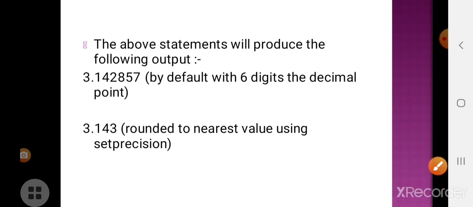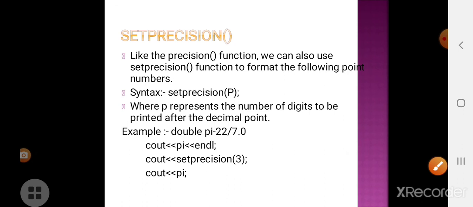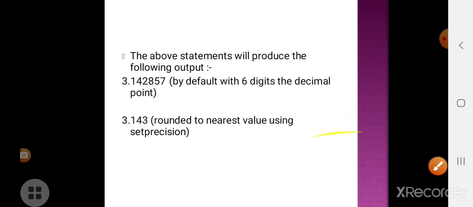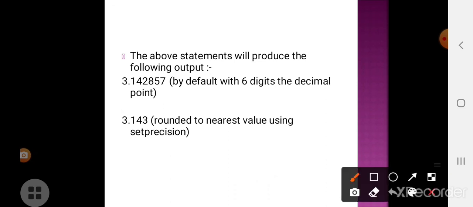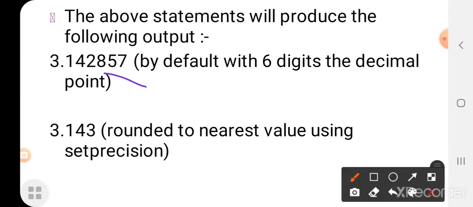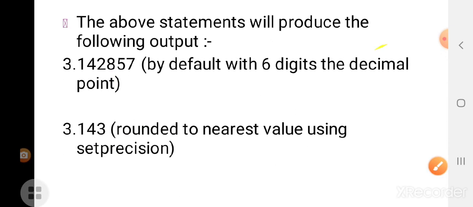If we mention setprecision of 3, we are giving 3 digits which have to be displayed. So we will get 3.14 and then, since 8 is more than 5, it will be rounded off to 3. So 3.143 will be the nearest value, and that will be printed.